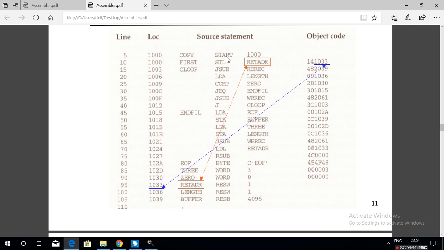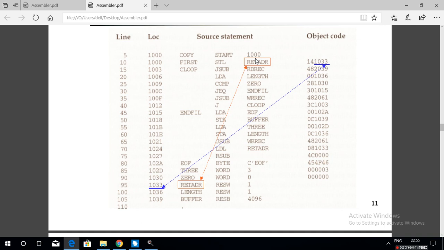The first type is assembler directives, and the second type is executable instructions.